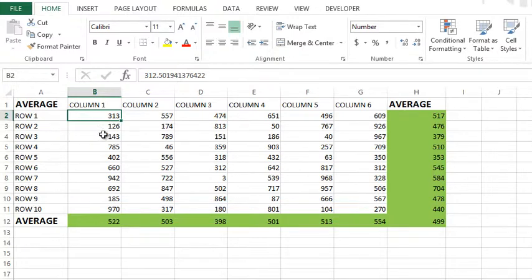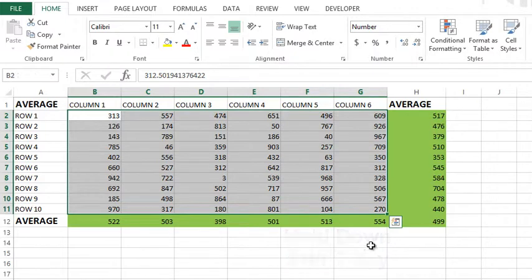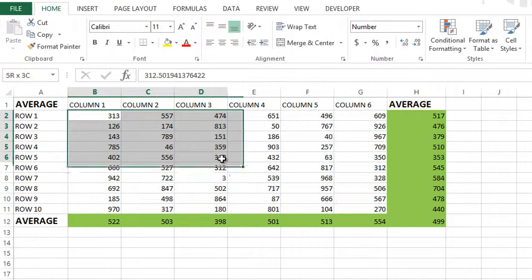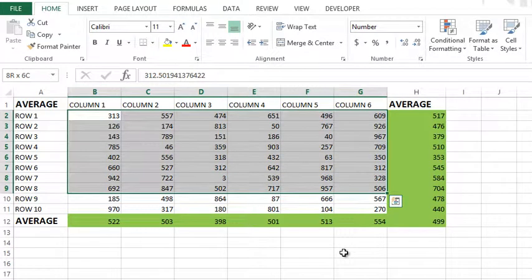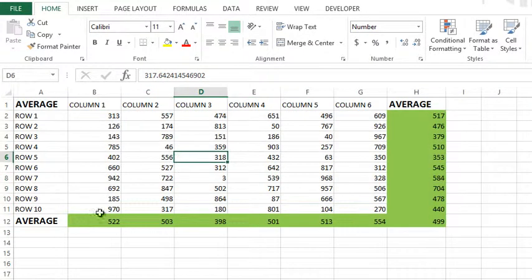So here's what you can do. If you click once on the cell you want to start selecting at, so I've clicked on B2 here, and then I hold Shift and simply click on the cell that I want to finish selecting at, you'll notice it grabs that range. Also, if I still hold Shift, I can adjust it. I can adjust this range to be smaller or larger just by holding down the Shift key on my keyboard. This is a very effective way to select. We don't have to worry about clicking and dragging, and maybe I got too many. I can always just hold Shift and go back.